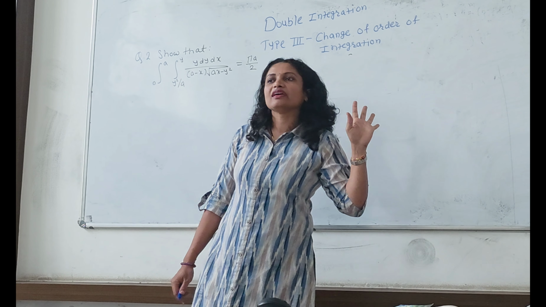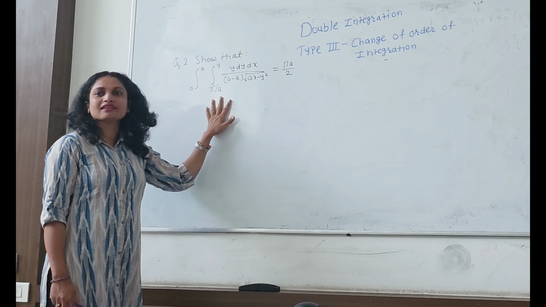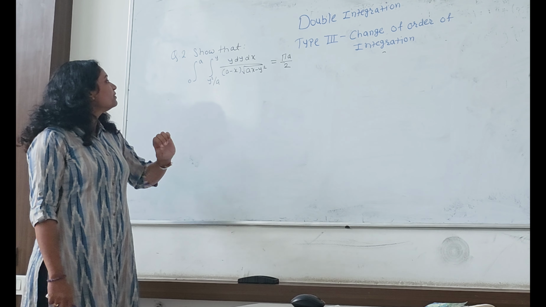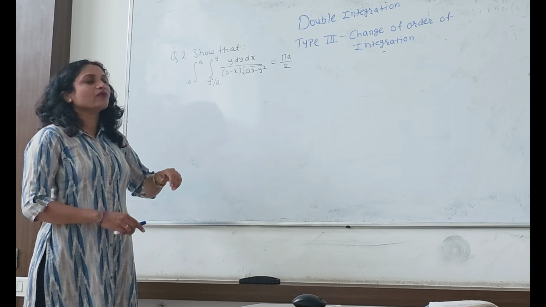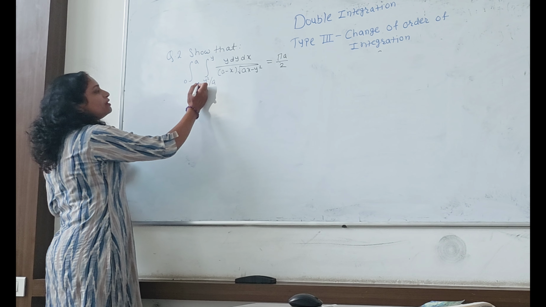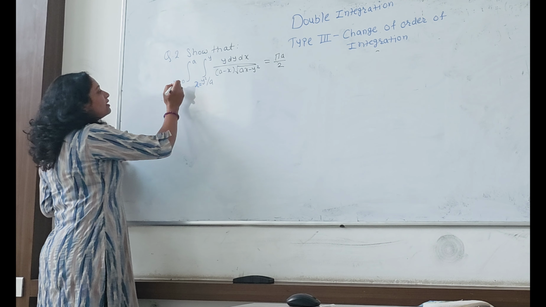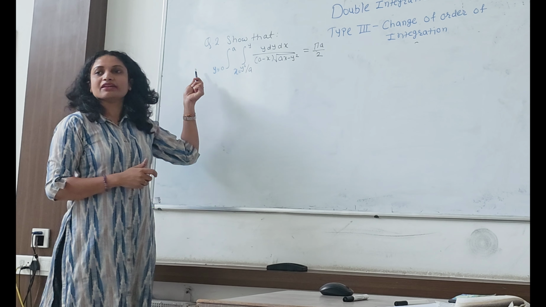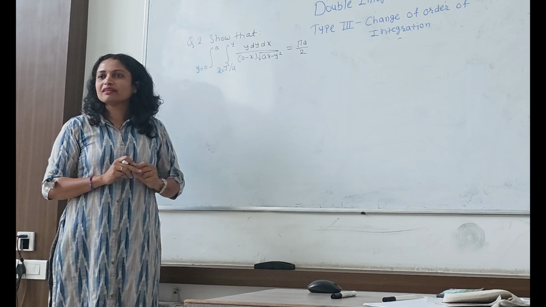and the need to change the order of integration here. So in this example, this is another example of the change of order of integration. You may observe that this integral is given to you and what limits are given. This limit will be for which variable? X, and this will be for y. So by rule you should integrate firstly with respect to x and then with respect to y, as x is having variable limit in this case.